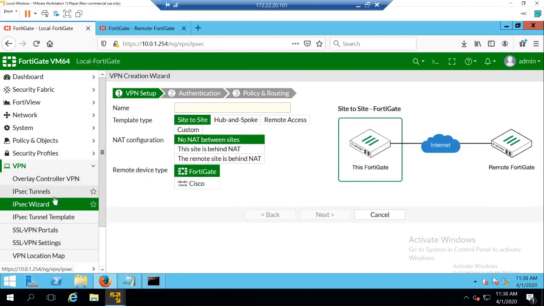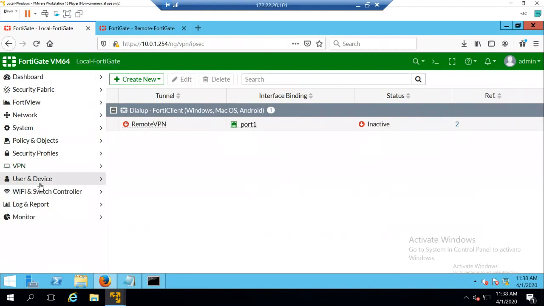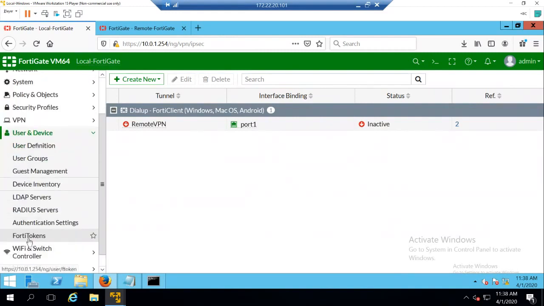So we can see the VPN dial-up tunnel is created. It is inactive because the client has to initiate. So the client has to connect to the server. But before that, we will enable two-factor authentication for our client. So by default,